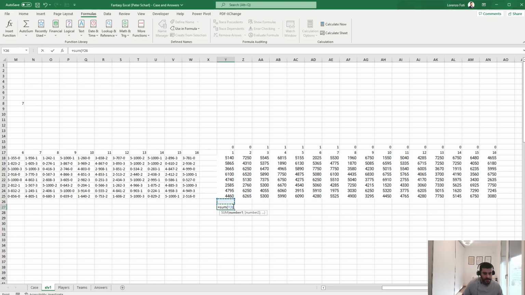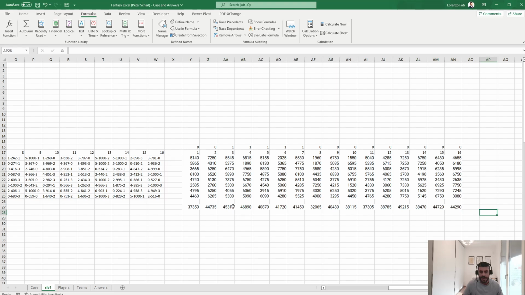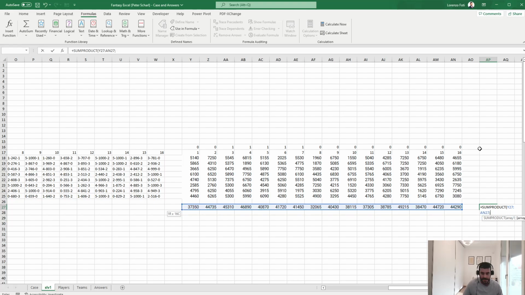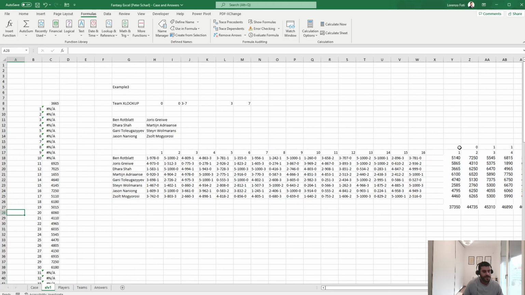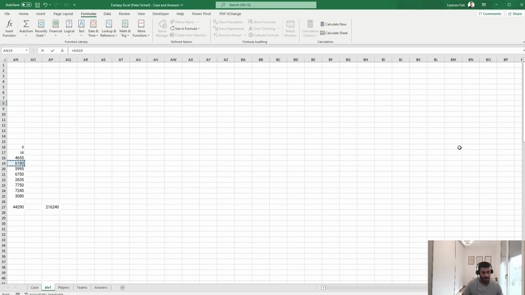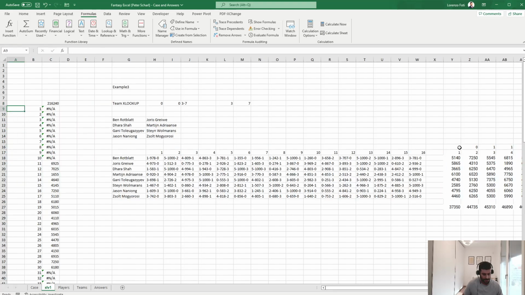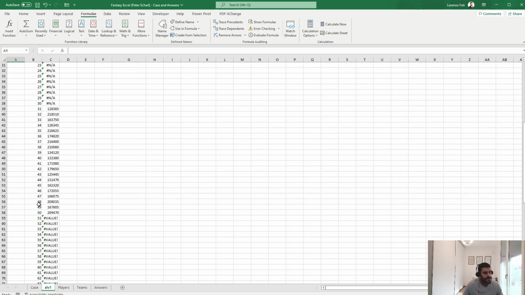So the sum of this will be the team performance, and then I will just apply a sum product of this against this. Gives me 216240, and apparently is correct. So let's apply the data table. Date 31 to 50,